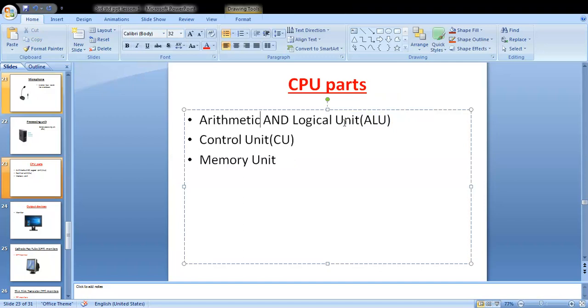First, arithmetic and logical unit, also called as ALU. Control unit, also called as CU. So see here, arithmetic and logical unit means what? All calculation. Open page number 9.